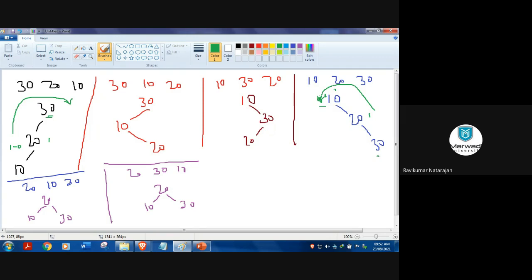So while inserting all your elements in your BST, you have to check for this. Every single step you are inserting, you need to check whether it is balanced or not. If it is balanced, leave it. Go to the next step, insert. If it is not balanced, rotate and then go for the next step. Fine.